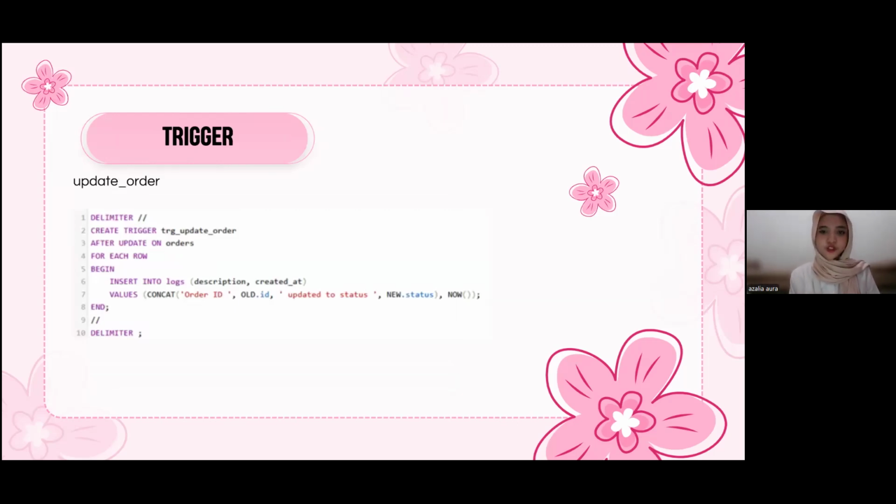The trigger update stock trigger is an automated mechanism that runs after data is added to the order details table. Its purpose is to update the stock quantity of a product directly based on the quantity ordered. When new data is added to the order details table, this trigger will reduce the stock value in the product table. The stock reduction is calculated based on the quantity column of the newly entered data and applied to the data with the corresponding ID.